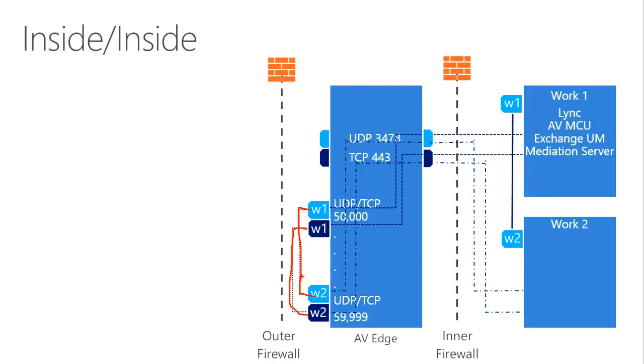Obviously, if this is one single edge server, it wouldn't go on the wire. It would stay within the edge server. But it could be that these users are hosted on two different edge servers, that they are on the same pool but load balanced to different servers. So that would still work. What it means for you is basically,